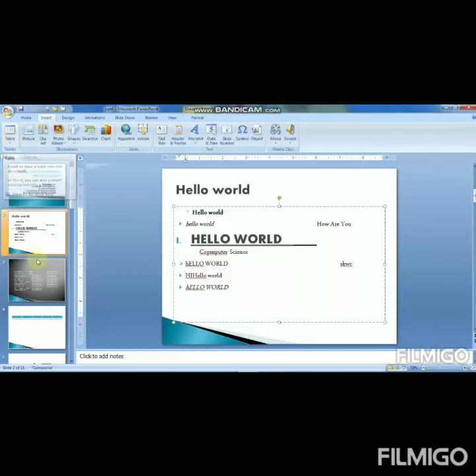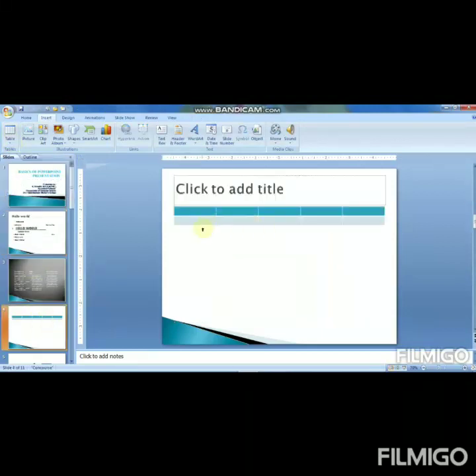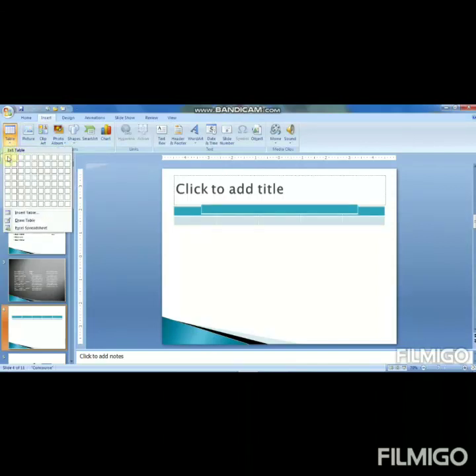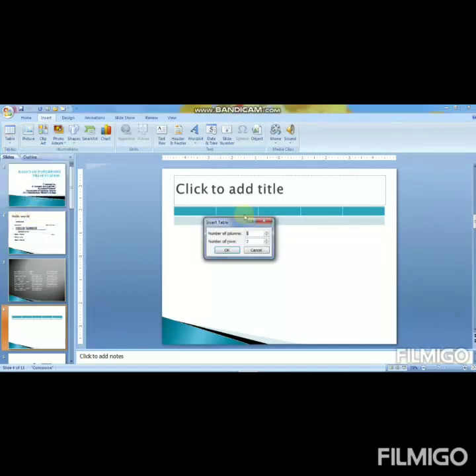Data of your presentation. This is the table. If you want to insert a new table, you can go to the insert tab and click the insert table option. If you want to draw a table, you can use the number of rows and columns here, or if you want to insert a table, you can click on it. It shows this dialog box.